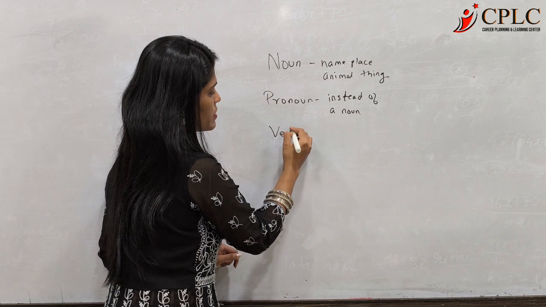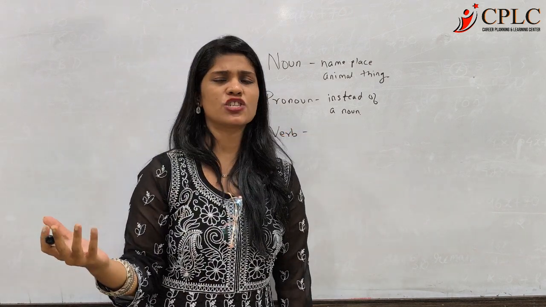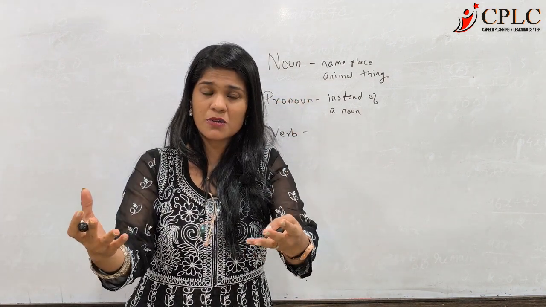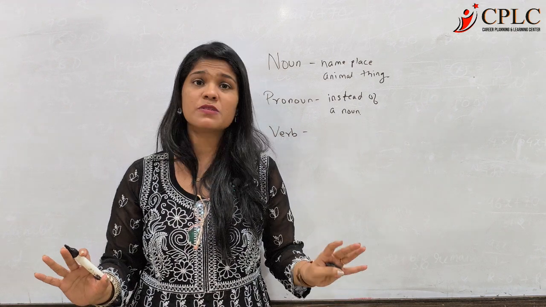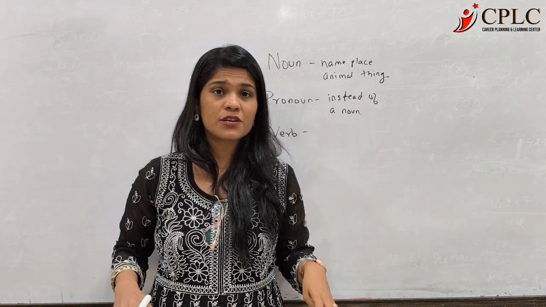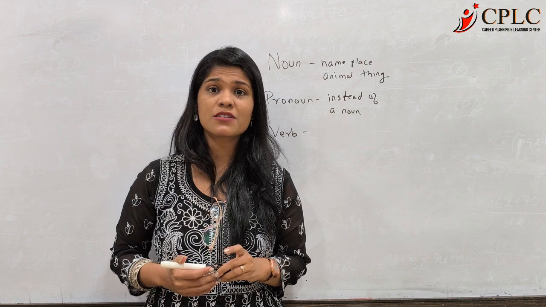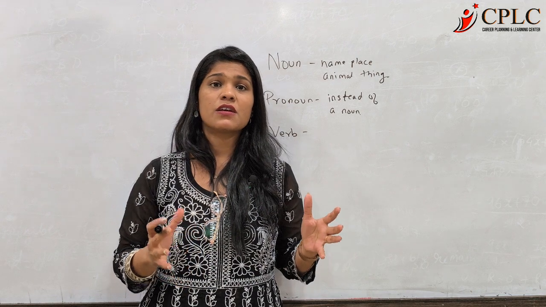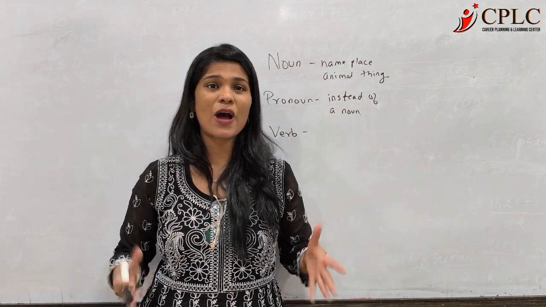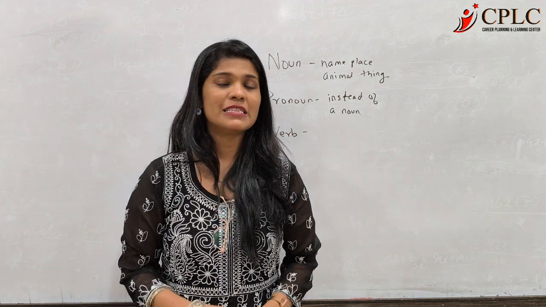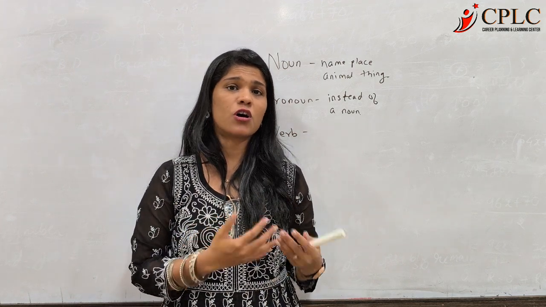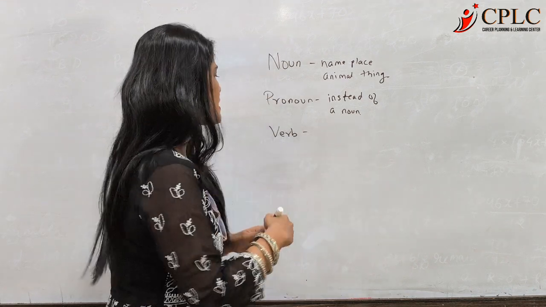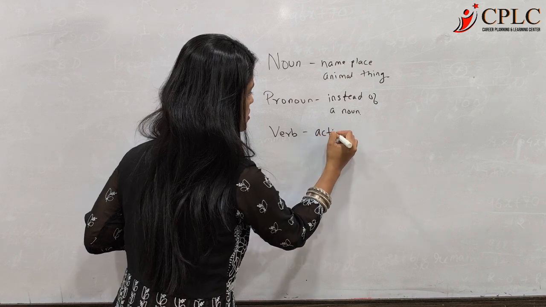Alright, next, verb. Action. Any action is a verb. So we know that I am teaching, this is a verb, you are studying, it is a verb, dancing, singing, all of these are verbs. Also, I am here. What is the verb in this? I am here? Am, yes. So a verb is not just an action verb, but also a state of being, like I am here. That is also a verb. These verbs are called linking verbs or also auxiliary verbs, which tell you how many persons are there and also the tense. About this later. For now, a verb is an action word.